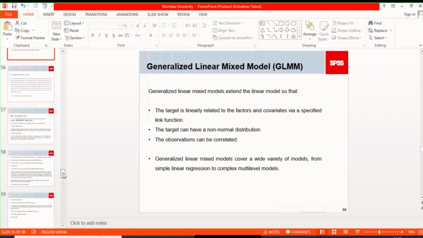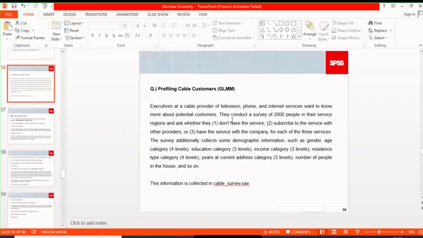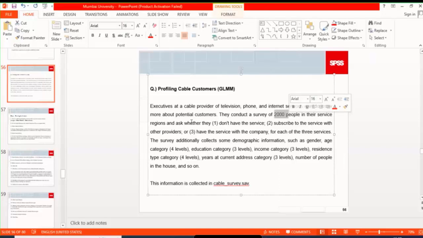So how can you run a GLM in SPSS? Let me show you that as well. The problem statement for GLM: we are profiling cable customers. An executive at a cable service provider of television, phone and internet service wants to know more about potential customers. They conduct a survey of 2,000 people in their service region and ask whether they don't have the service,